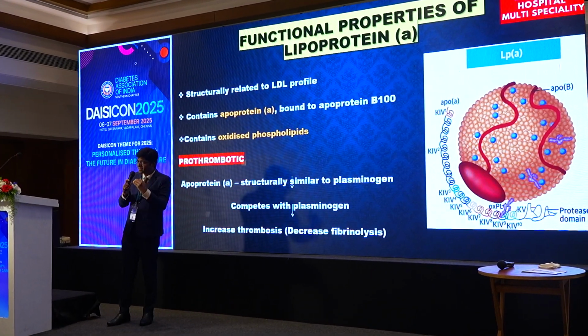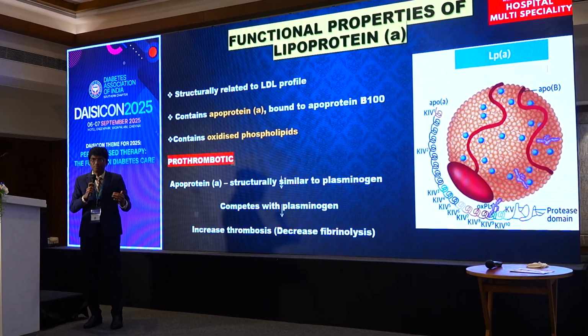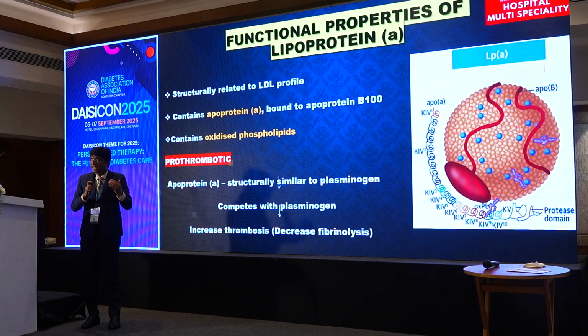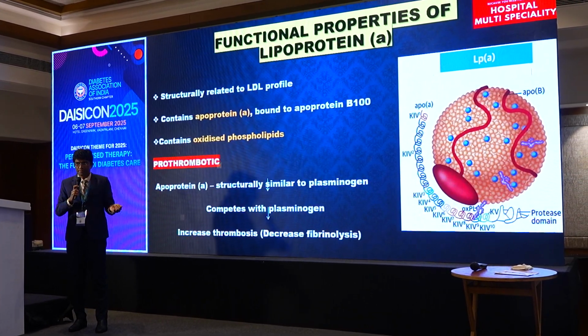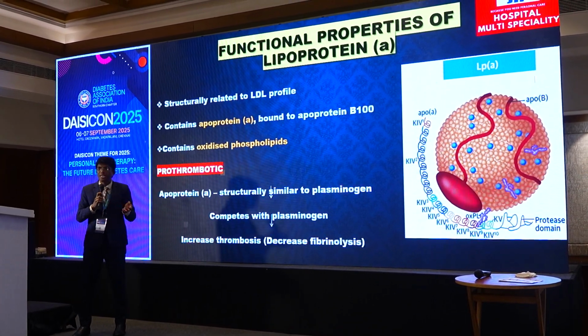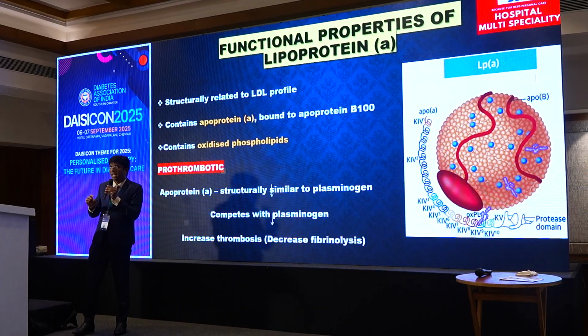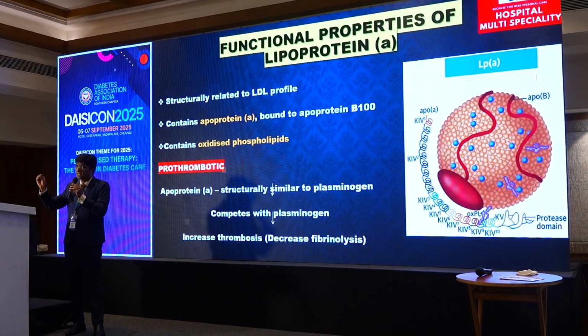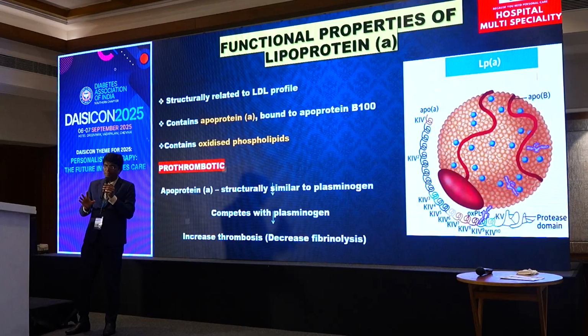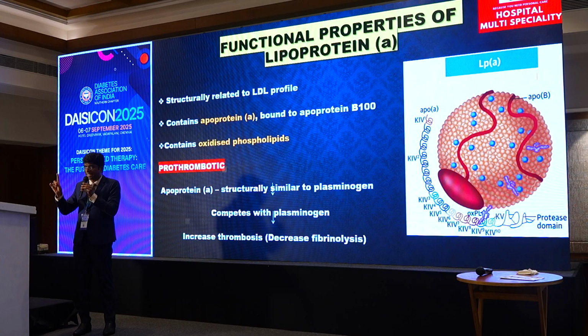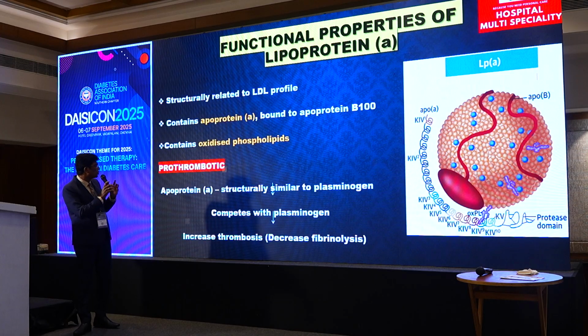Likewise, it mimics plasminogen activator and interferes with the attachment, resulting in thrombosis. It promotes plasminogen activator inhibitor, resulting in thrombosis. Because of all these mechanisms, one important thing is achieved: it promotes thrombosis. That's one. And the second most important is